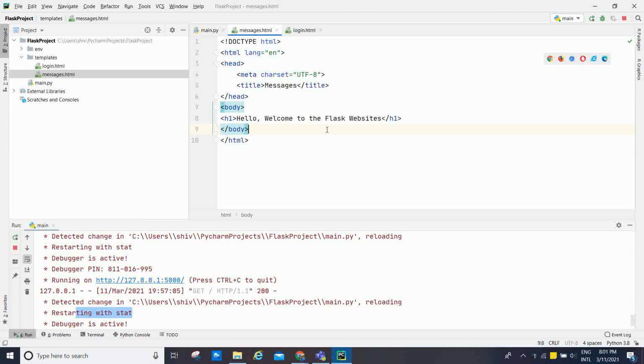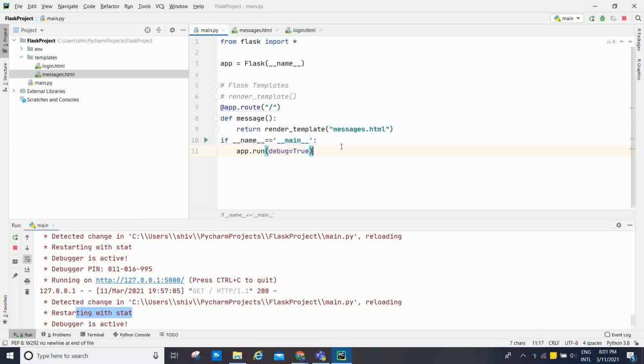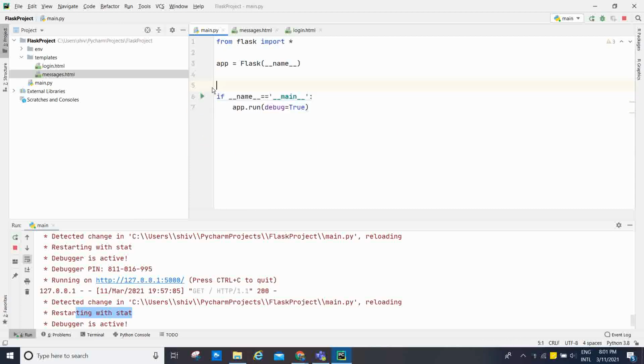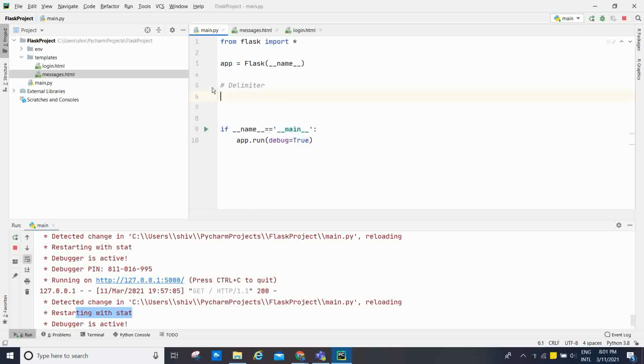Now I'm going to show the delimiters, which are very important. Now I'm going to remove this one. Delimiters. The Jinja 2 template engine provides some delimiters which can be used in the HTML to make it capable of dynamic data representation.